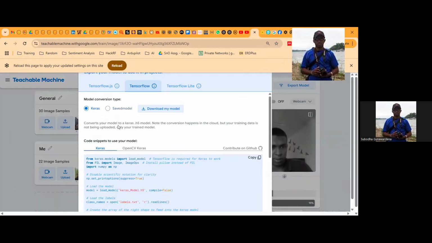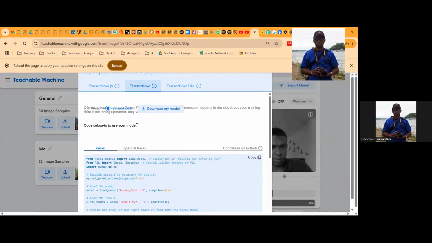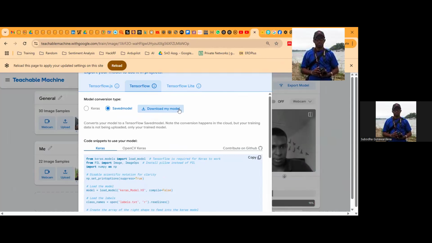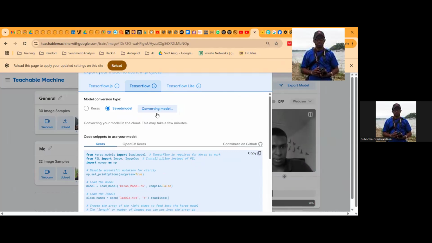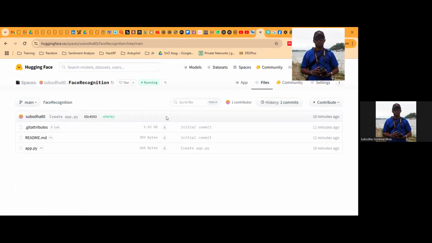Go to TensorFlow, save model, download my model, and it will take a little while to convert. Until this converts, I will show I have already downloaded this model in fact. Until the model is downloaded, I can go to Hugging Face,